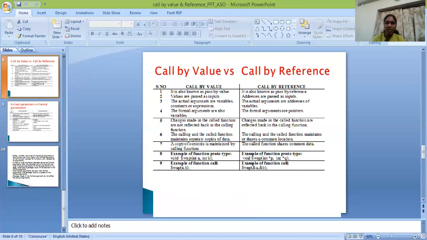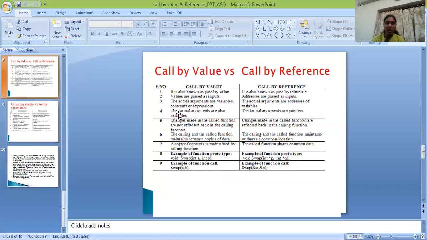Next, these are the differences between call by value and call by reference. Call by value is known as pass by value. Call by reference is also known as pass by reference. In call by value, values are passed as inputs, but in call by reference, addresses are passed as inputs.